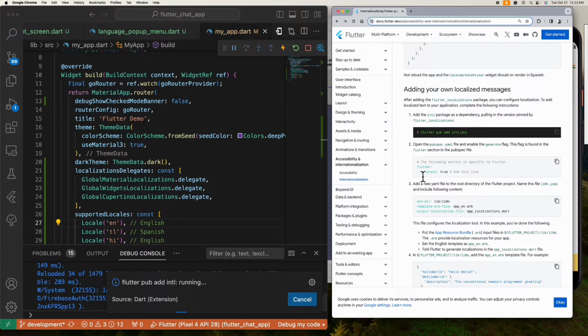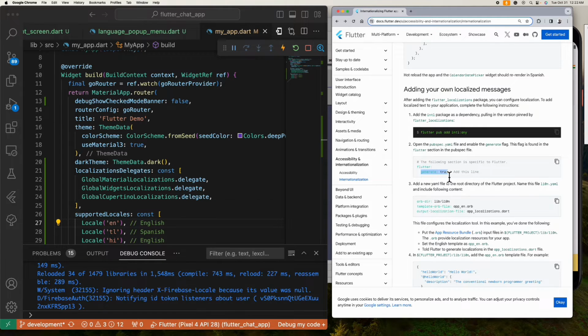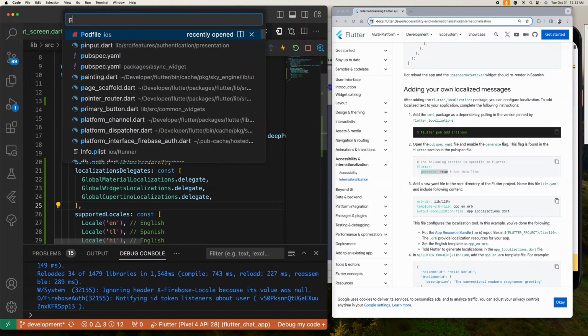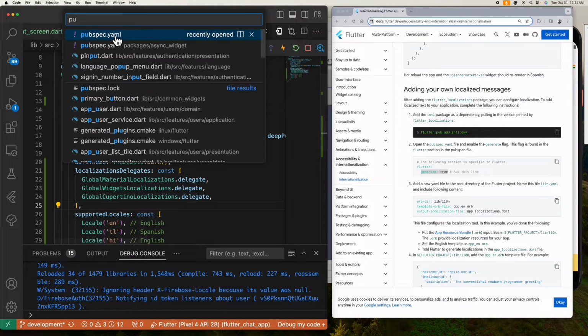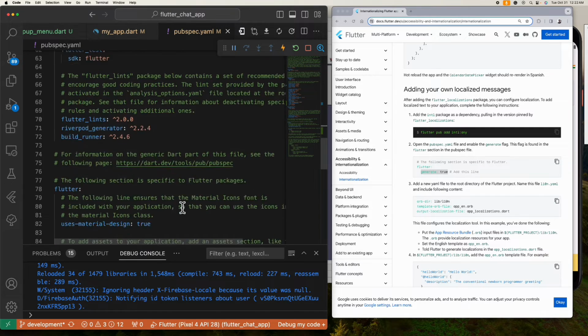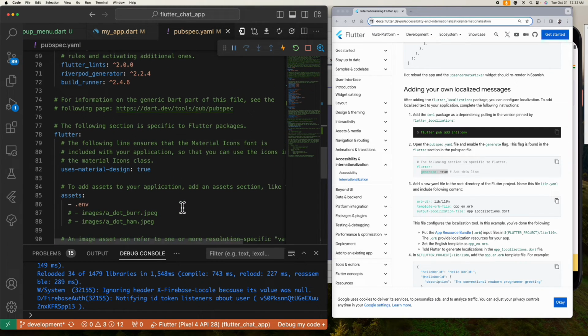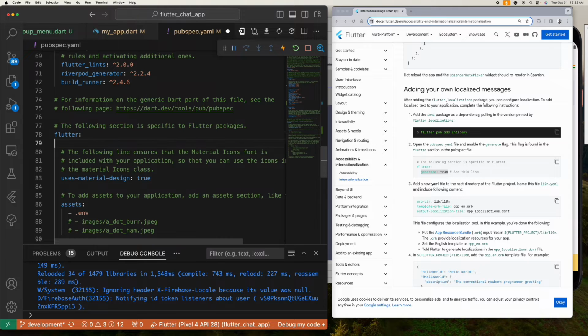Alright, and then let's add this inside our pubspec.yaml file. Alright, and then here,